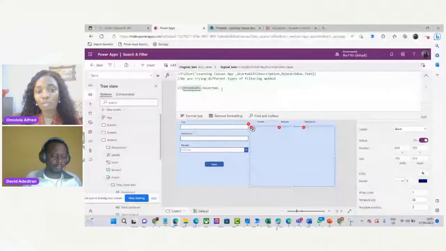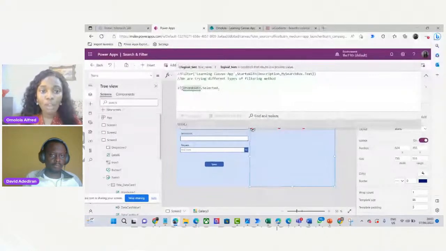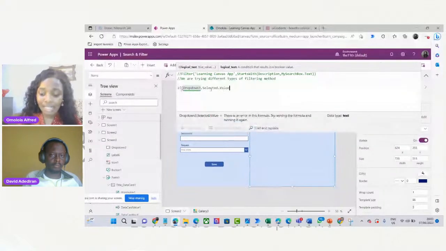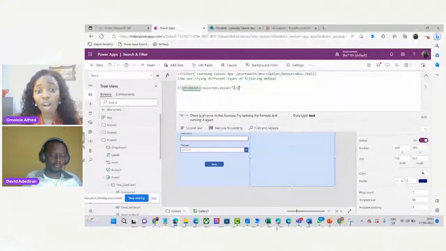So when you put dot, remember dot will show you properties, dot value. So if drop down dot selected dot value equals all,